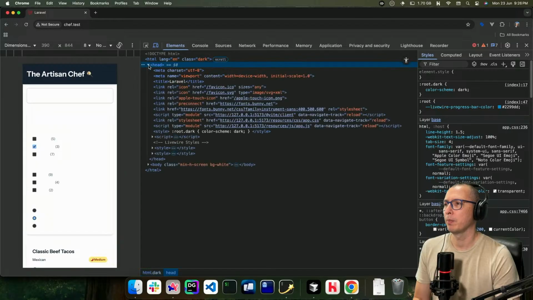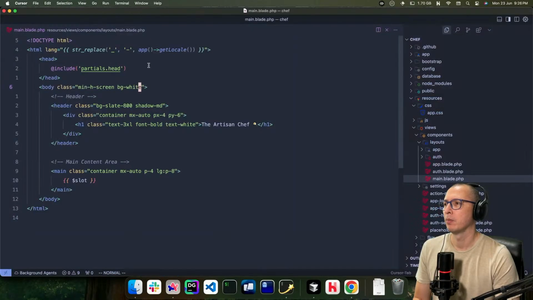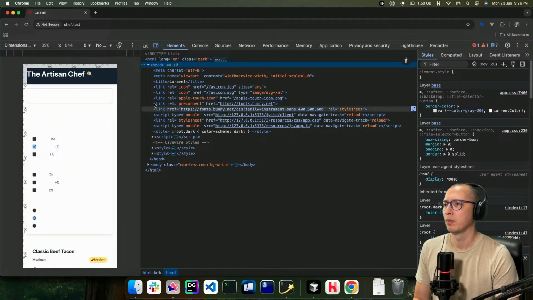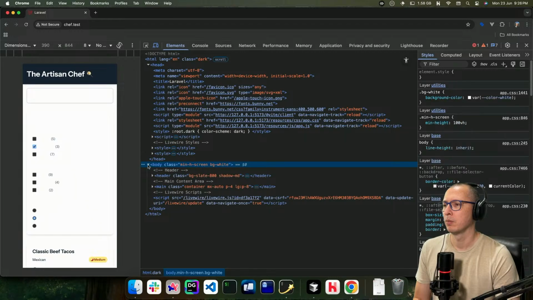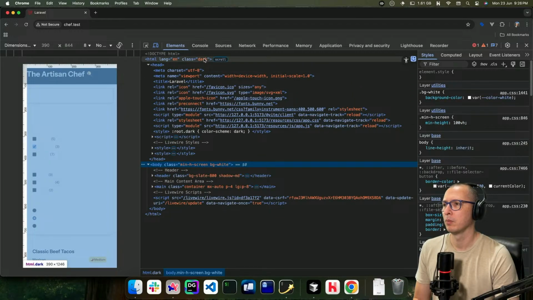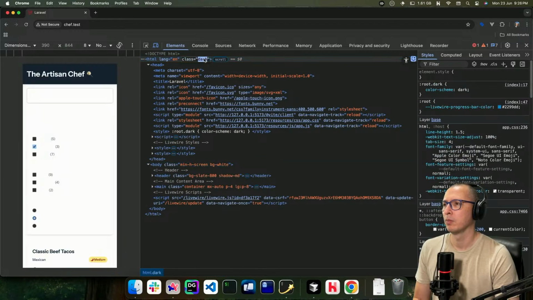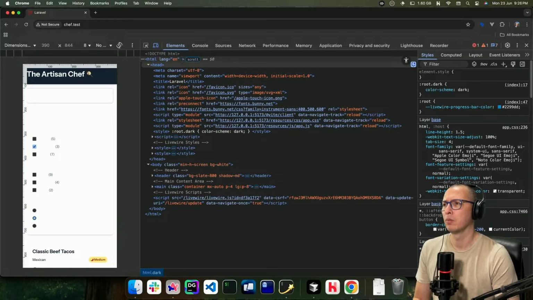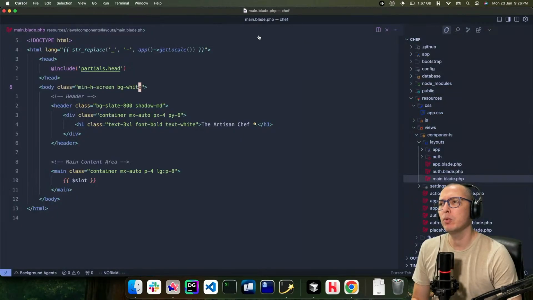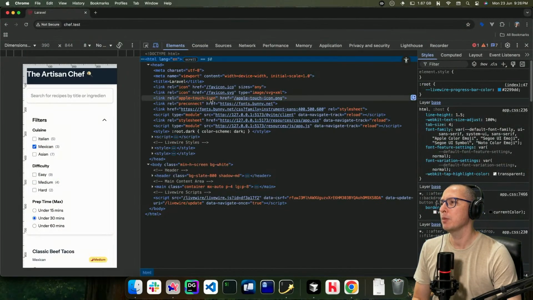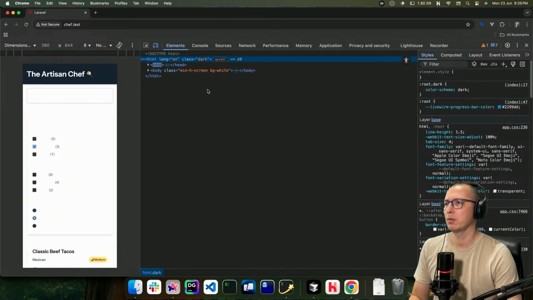What the crap? Yeah, if I remove, but I did remove it. It's not there.